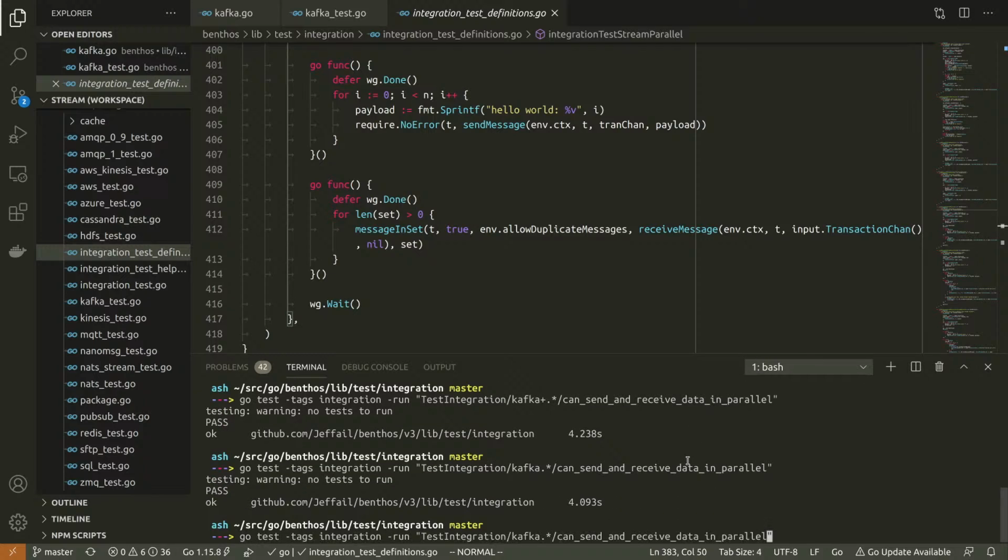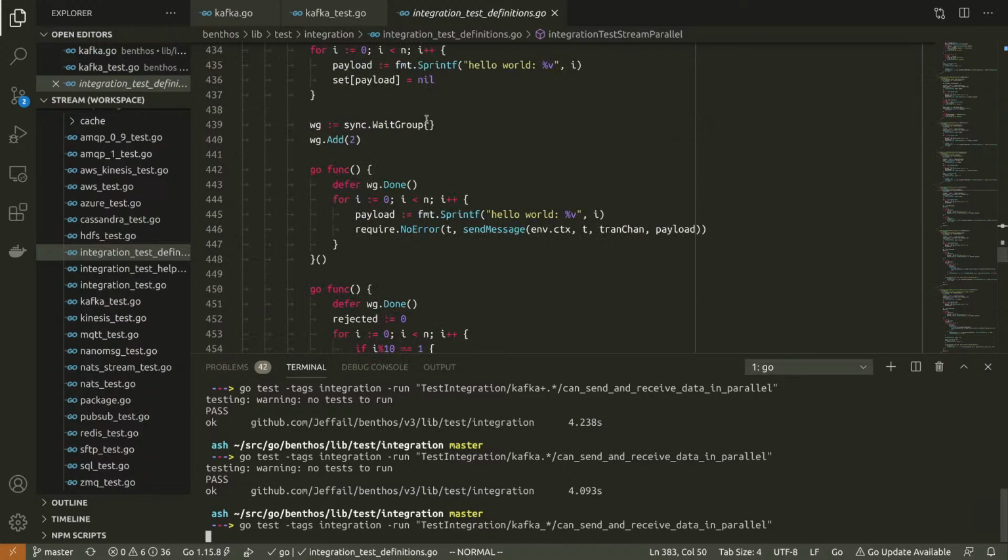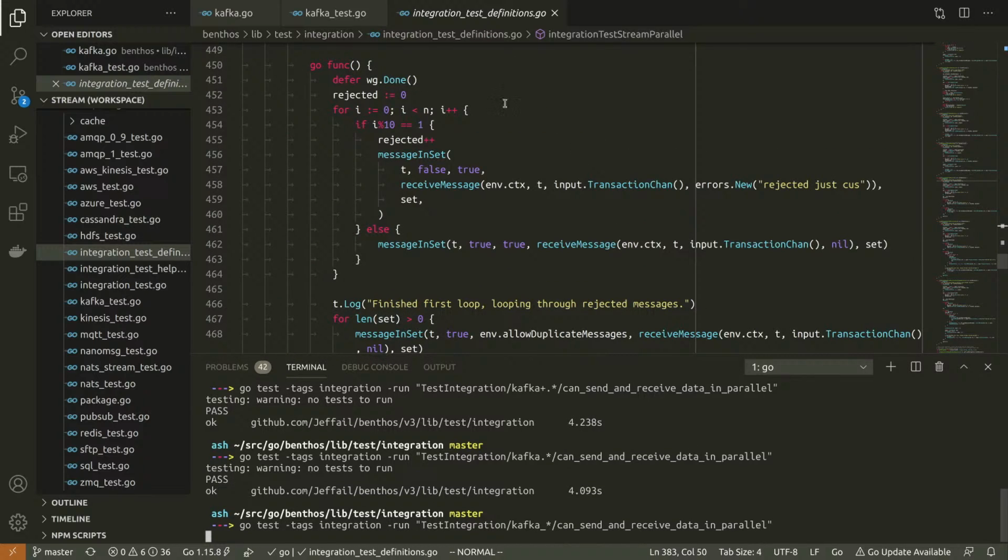Urgh! What's the pattern? I'm sure it's a regular expression. Kafka, and then either Kafka old or... What's going on with my keyboard? Kafka old or... What's going on here? How is that not what it is?